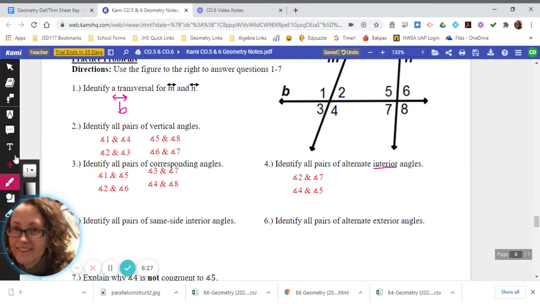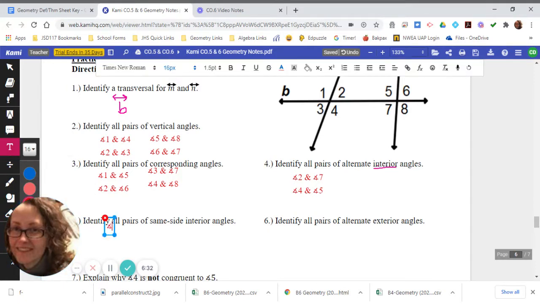So one of those sets is going to be angle 2 and angle 5. I encourage you to pause the video, see if you can find the other set. The other set will be 4